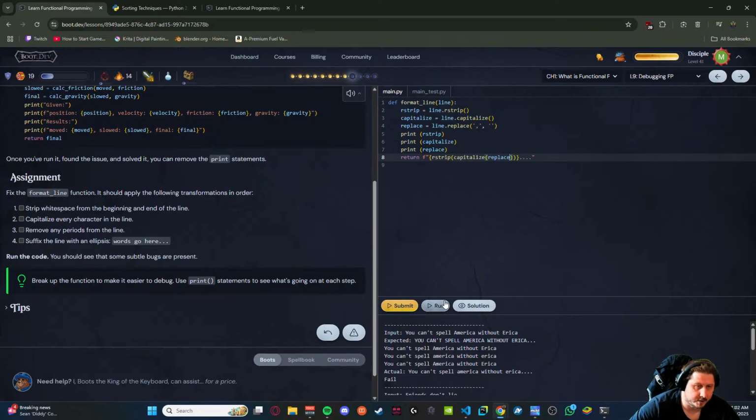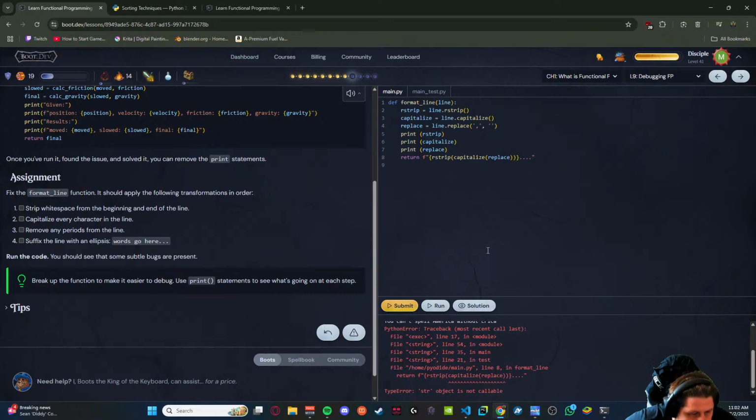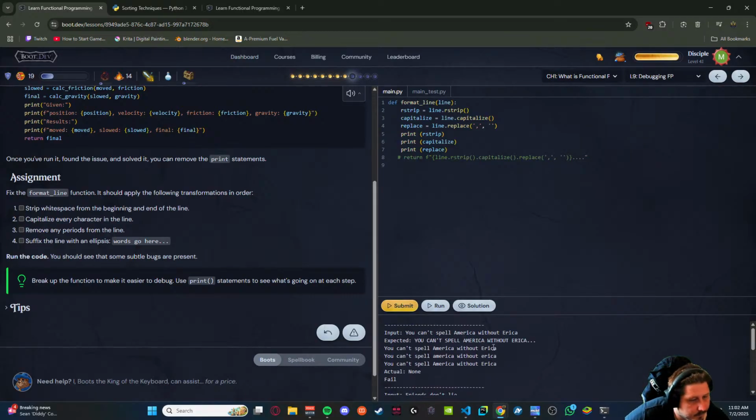Pretty sure that is not correct. Line dot R strip. I don't know what R strip does, man. Doesn't look like it does anything.